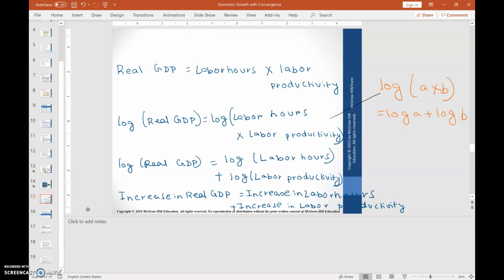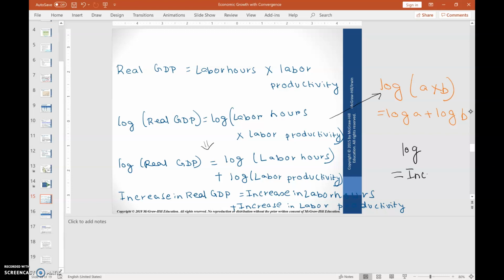You can relate this equation to this algebraic function which says log of A times B is equal to log of A plus log of B. That's what I wrote down over here, which is log real GDP is equal to log labor hours plus log of labor productivity. Now, log means